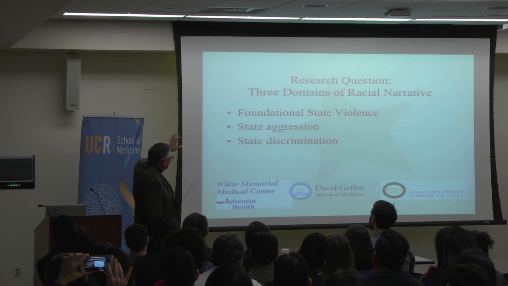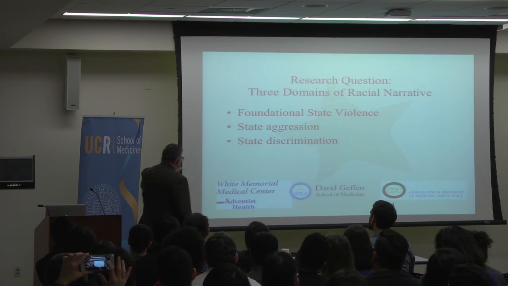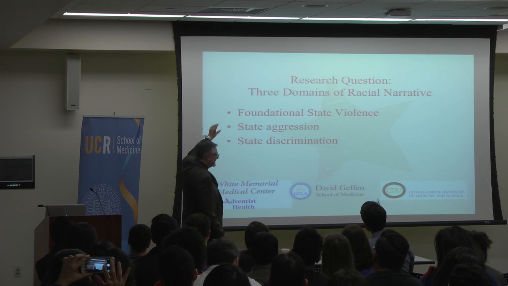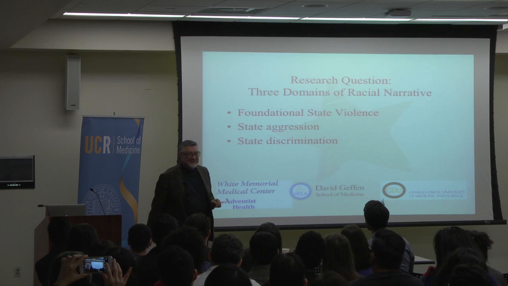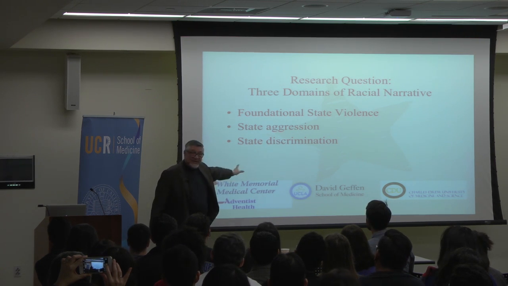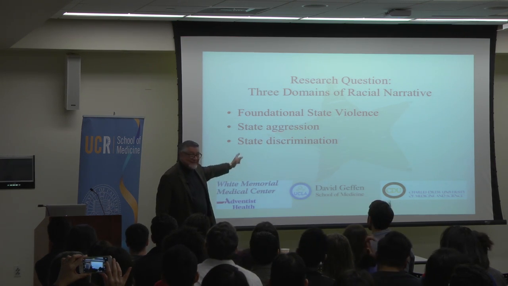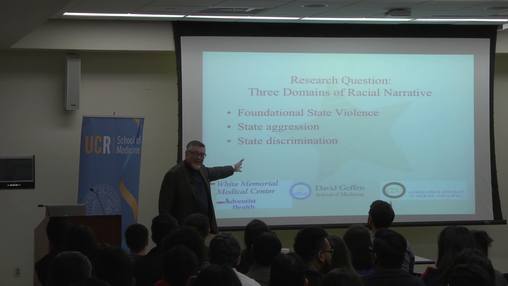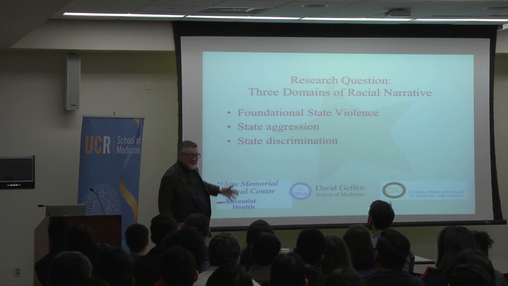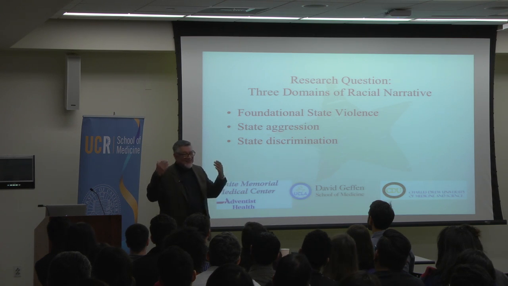So anyway, what I'm trying to do, and not all my colleagues want to go down this pathway, is figure out how to operationalize these to look at the effects of the racial narrative on health outcomes. And understanding also there's community agency, because the community doesn't just sit there and take it, they come back, they do stuff. And we look at the Latino epidemiological paradigm, wow, they're doing something. How do they find the tools to do that? Because again, the outcomes are not ambiguous. Not at all.